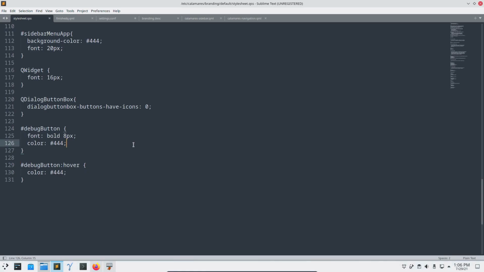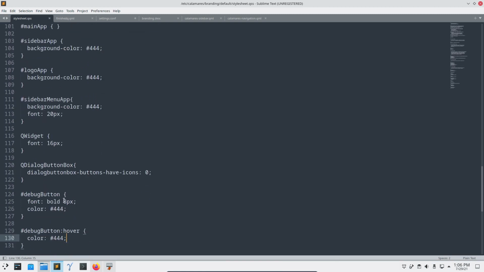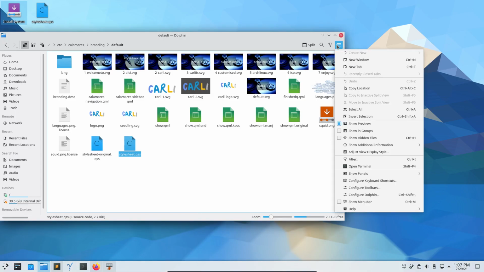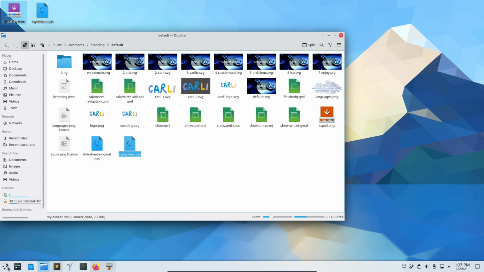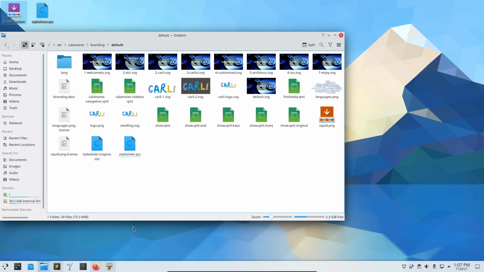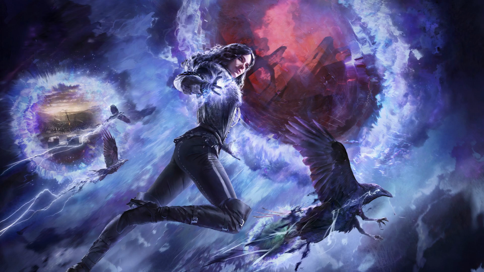And the style sheet, probably the changes you know or don't know yet. These are some color changes, not much. Kept it simple. Keep it simple and stupid. Okay, so you've seen that bit. Let's shut down, or maybe put it out of the way anyway, like so. And then